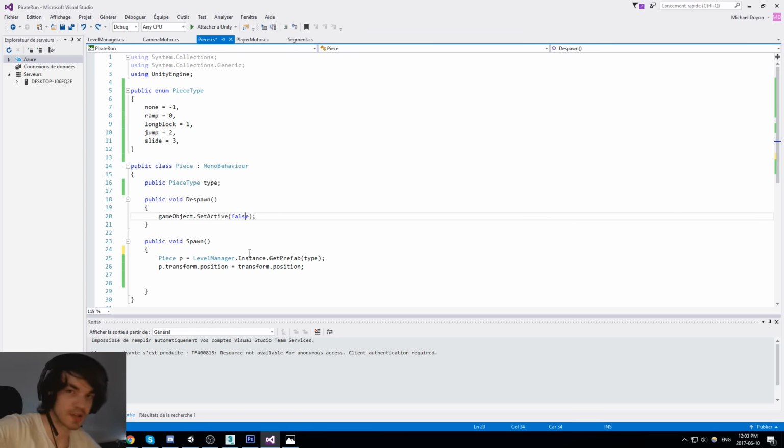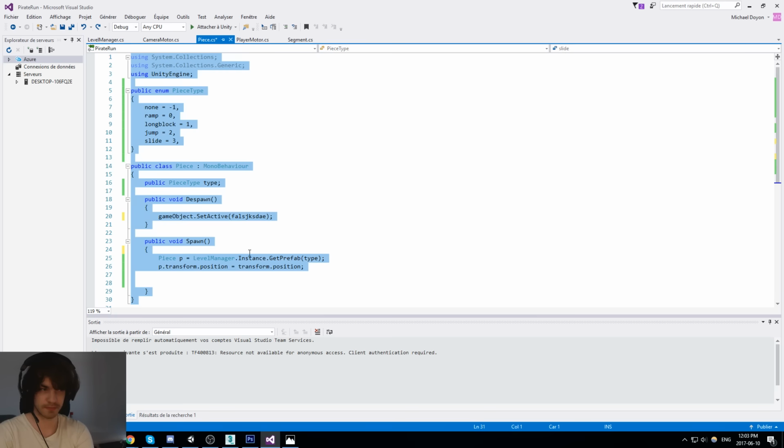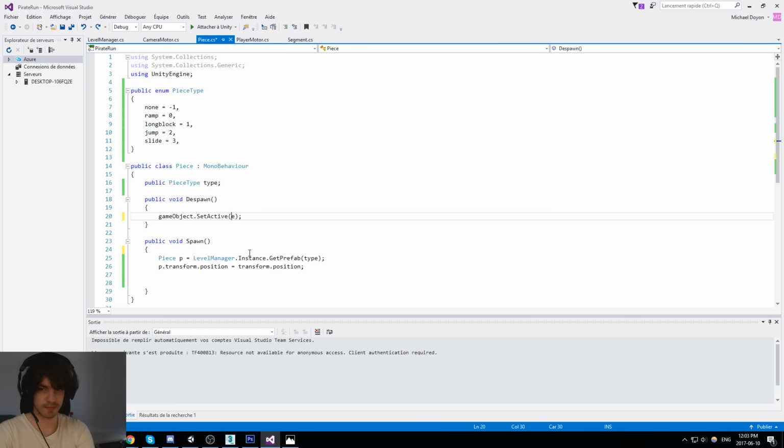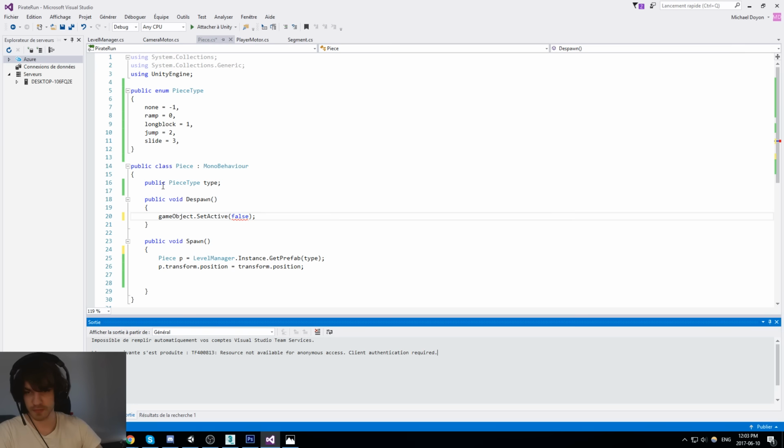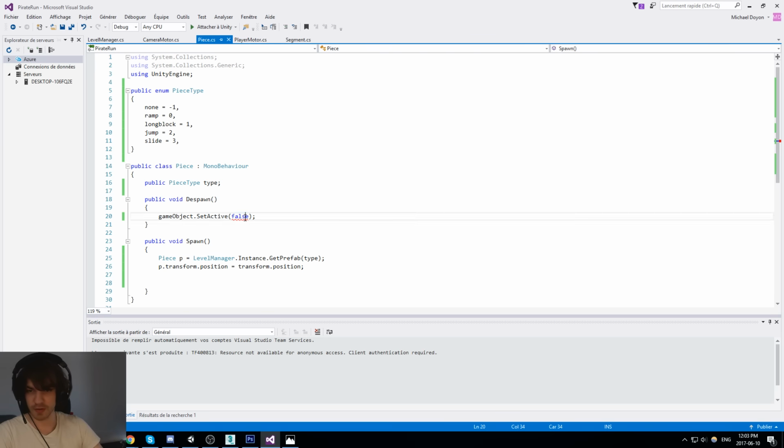Oh, I'm always offset from the camera. Not that it matters so much. Okay, P position, transform position.